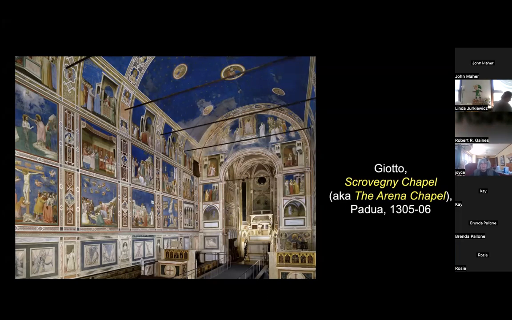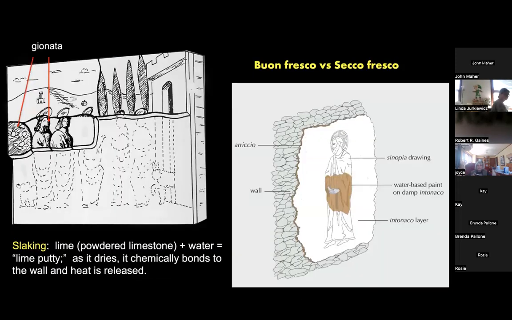And fresco is even potentially older than that as a technique. It's one of the most stable of all art mediums. It will last forever if it's done well, but it isn't always done well. So I want to talk about the technique a little bit. I want to talk about buon fresco and secco fresco. Buon simply means true. So true fresco and what's called